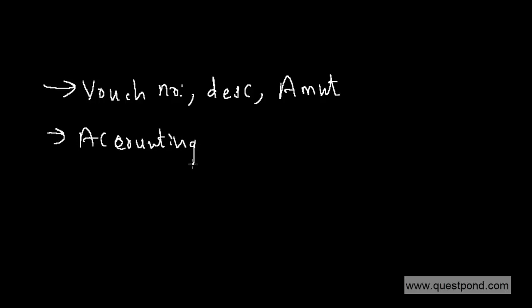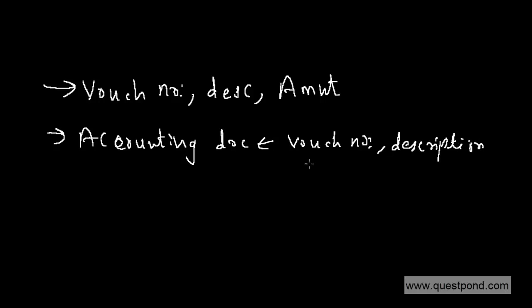Now, what we would like to do is, these accounting documents we would like to attach. Whenever we upload an accounting document, we would like to attach a voucher number and a description with it, right? So that whenever any document is uploaded, it would be easy to search. Now, what it means is that definitely for voucher number and voucher description, we have to create custom fields. Now you can see over here, we are going to reuse these fields again and again, right?